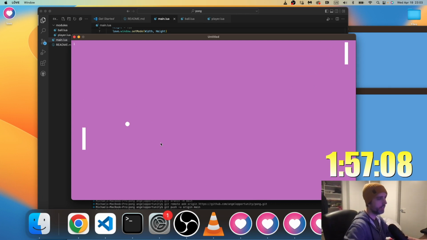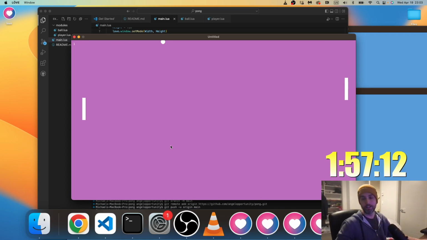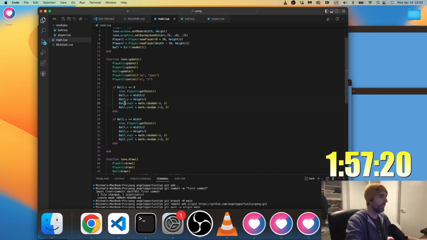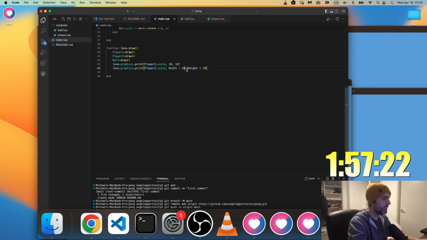Okay, it's working. Obviously it's a little bit buggy. And let me at least get the score to display correctly. It's not in the right spot. Height plus 10, maybe height minus 10, I think.